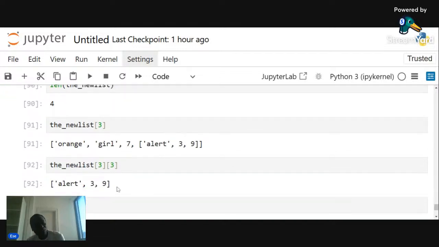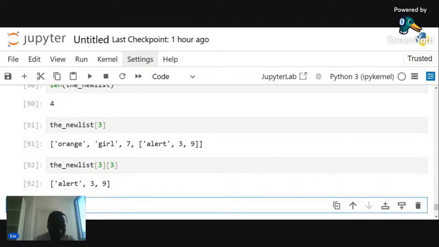Now, what if I want to get 9? I just want to get this number 9. What do I do? Can someone tell me? I'll just type this. The new list is equal to what? So who can tell me how I get this number 9? Anybody? Anas, Chima, Elijah, who are those that are active in the class again? How do I get the